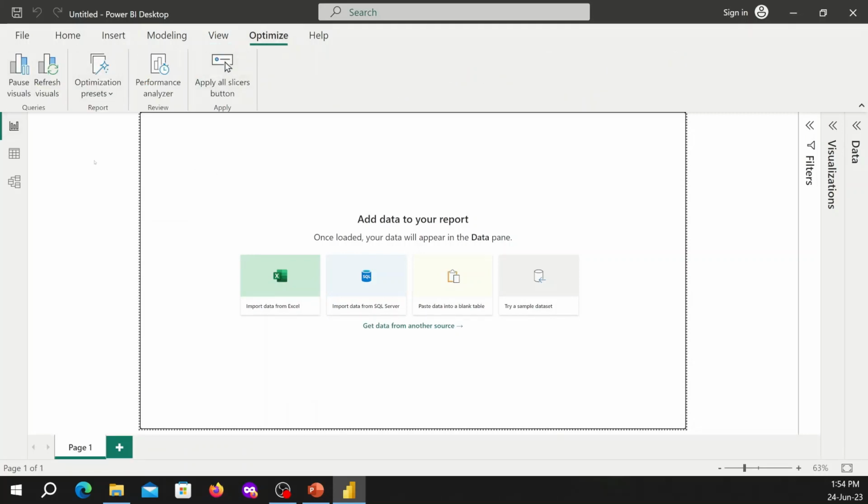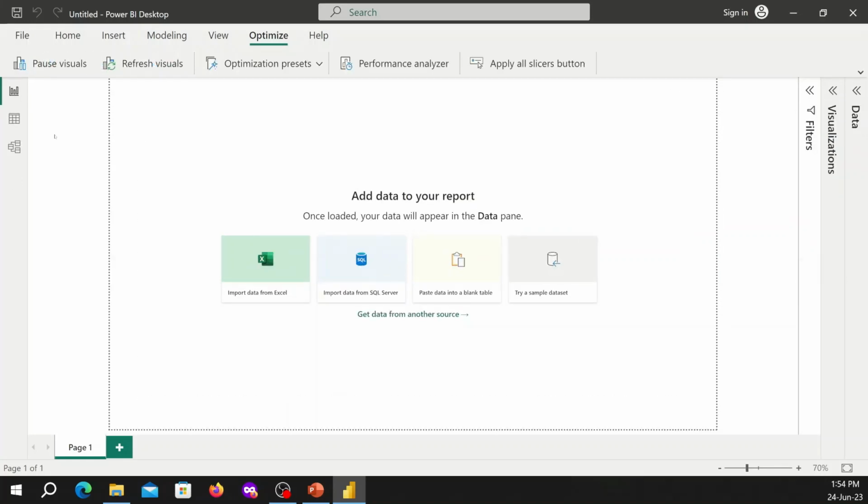It is not a part of basic, so I'm going to just collapse it. So here is the main canvas of the screen. In the main canvas, there is a square box, a rectangle box. Inside the rectangle box, we are going to organize our charts, pivot tables, and everything that we want to display